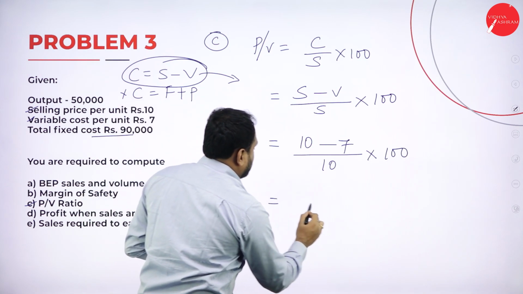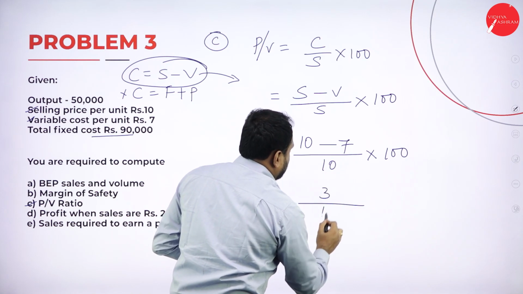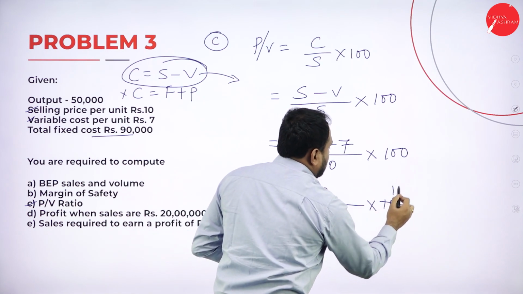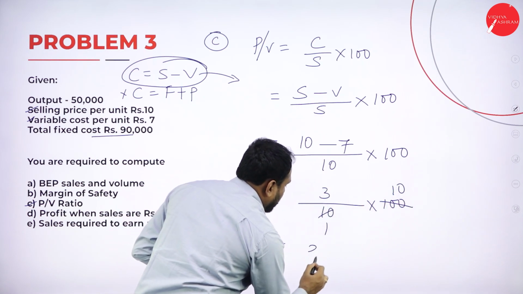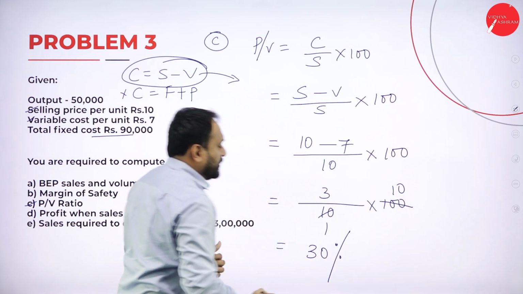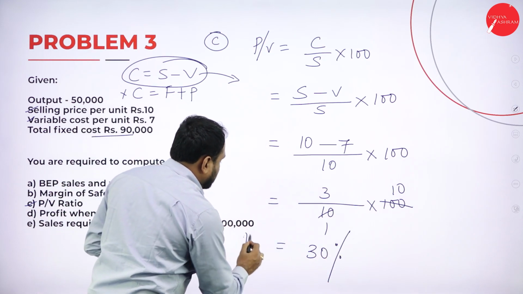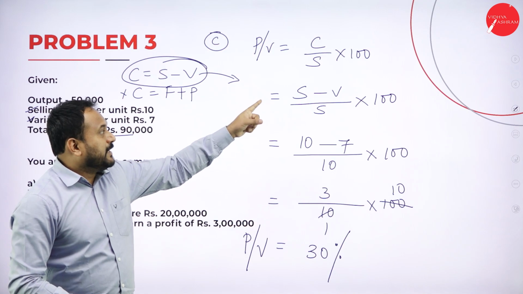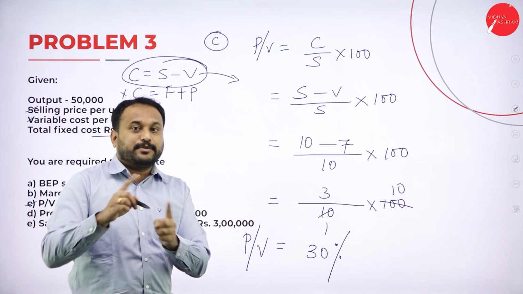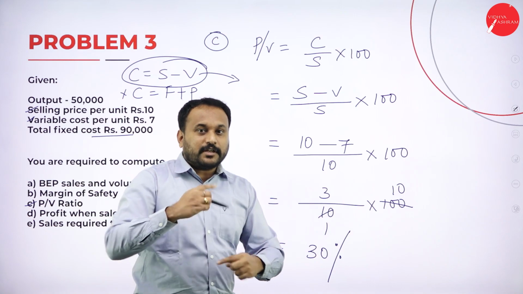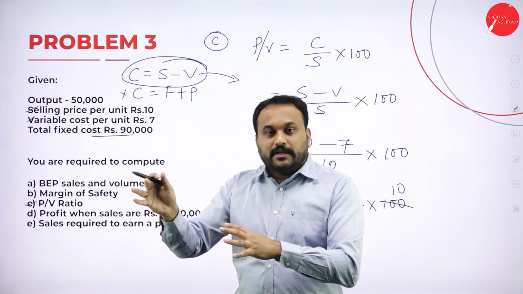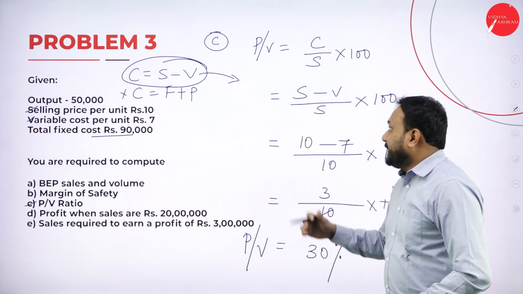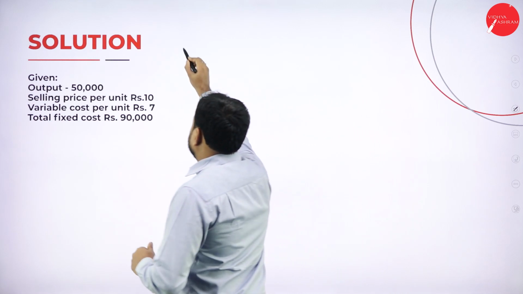Next, this is equal to 3 divided by 10 into 100. So 10s cancel. 3 into 10 is how much? 30. But we are supposed to denote that in percentage because PV is always in percentage. So I got my PV is equal to 30%. See, PV can be calculated even with selling price per unit and variable cost per unit. Now I'll show you how to calculate with the total sales and variable cost. Again see,